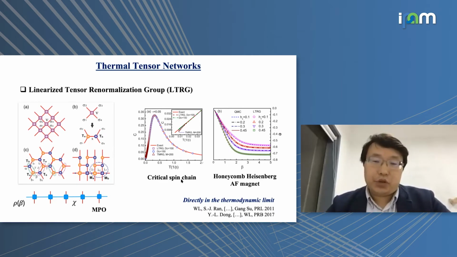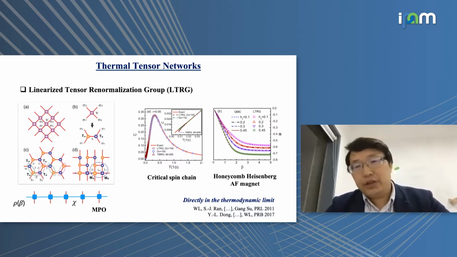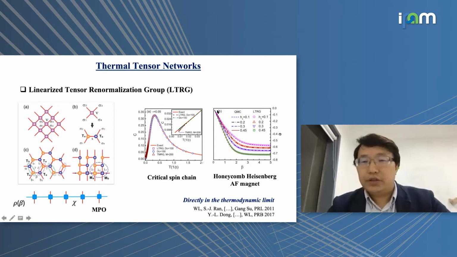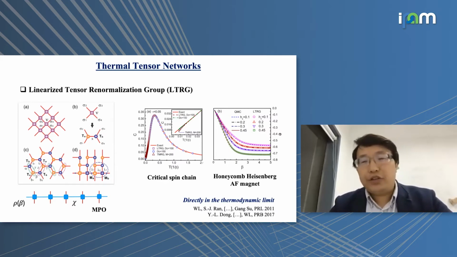It can compute the critical spin chain, right? Like the specific heat down to a very low temperature, and see the linear behavior. It can also be applied to some 2D models. Here I show, this is a 2011 paper actually, it was applied to solve the honeycomb lattice Heisenberg antiferromagnet model. However, for more challenging 2D models, we need to develop